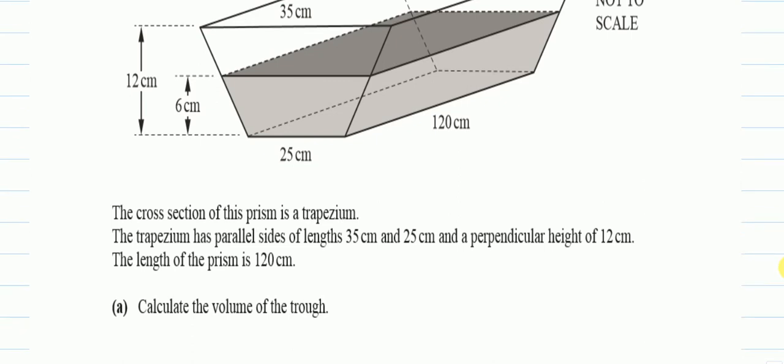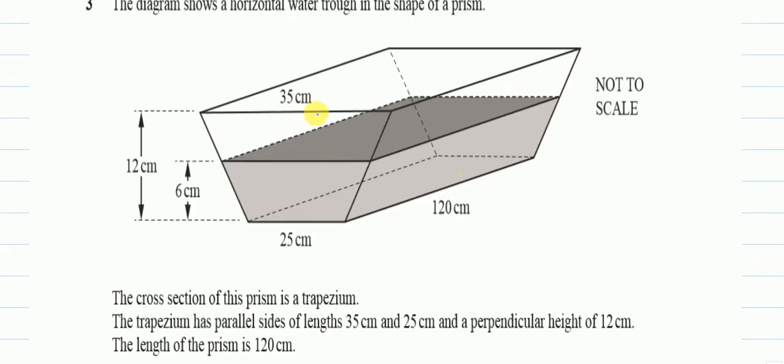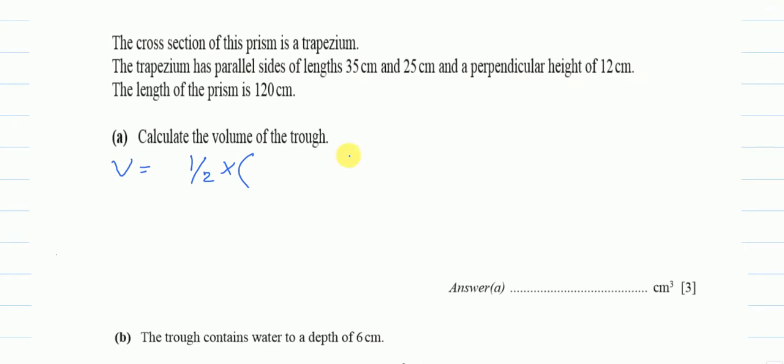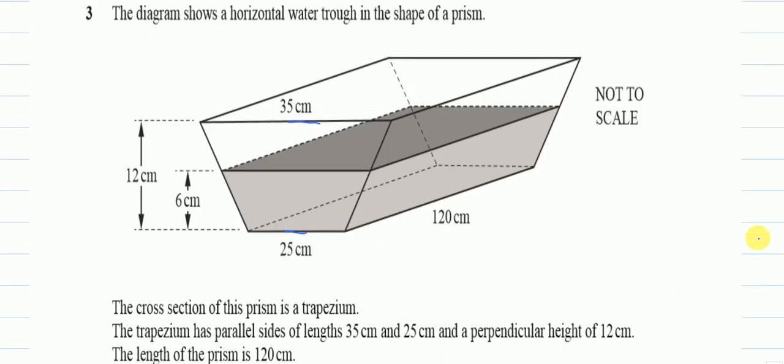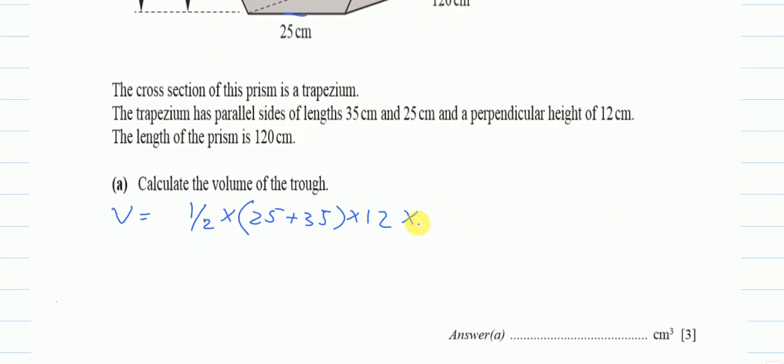So the area of a trapezium is half. In fact, I will calculate the volume directly. The area is half times the two parallel sides. We have to add them, this one parallel side and the other parallel side. These sides are not parallel in the trapezium. So it's 25 plus 35, multiplied by how far these two parallel sides are. They are 12 centimeters apart, so by 12. This is my formula for the area. If I multiply it with 120, the whole length, I will get the volume. This will give us, let me calculate, 43200